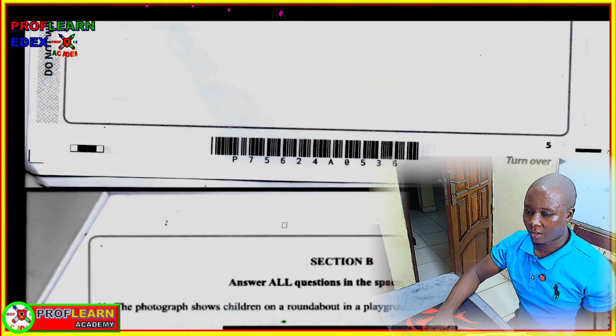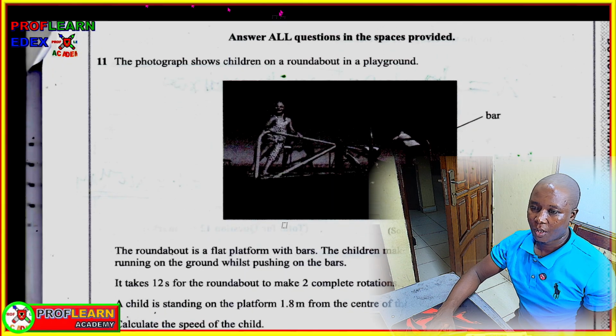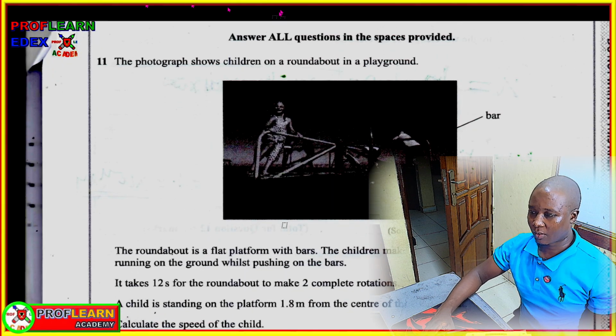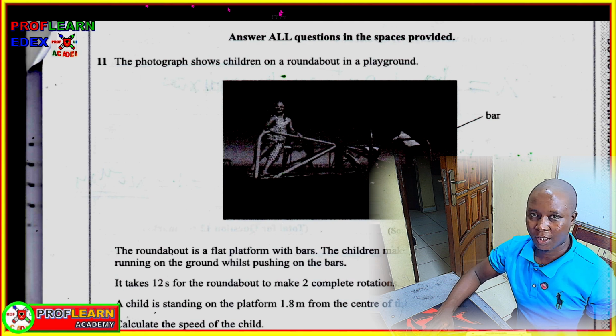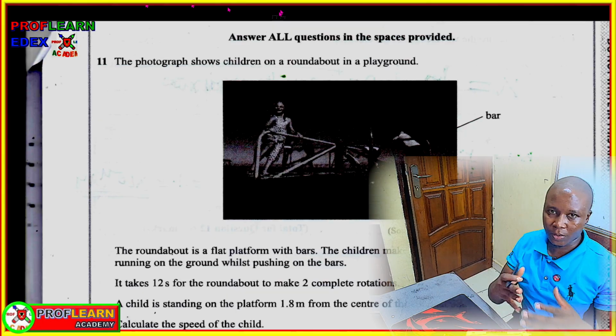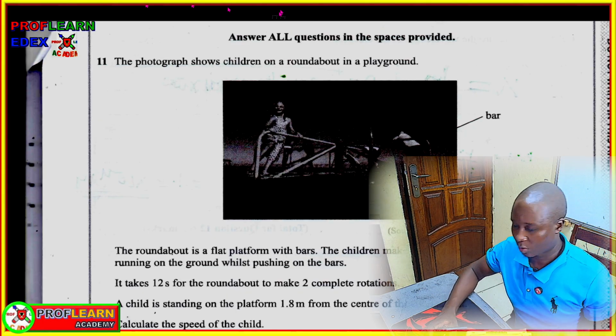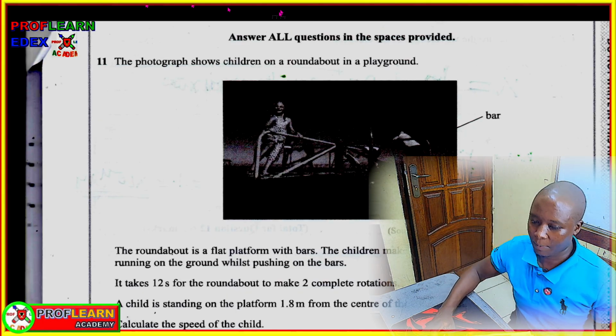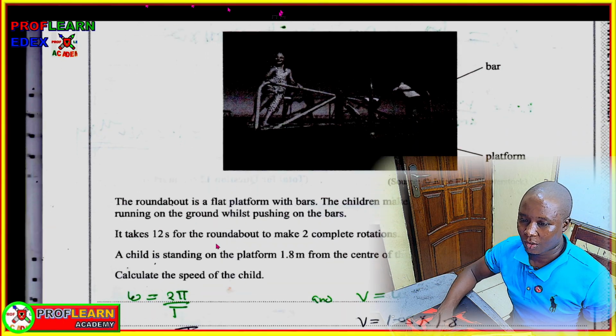Question number 11 is talking about the child in a roundabout, and these children are just having fun. They are having a good time there, as we are having some good time reviewing this particular paper. And in that case, we are told that